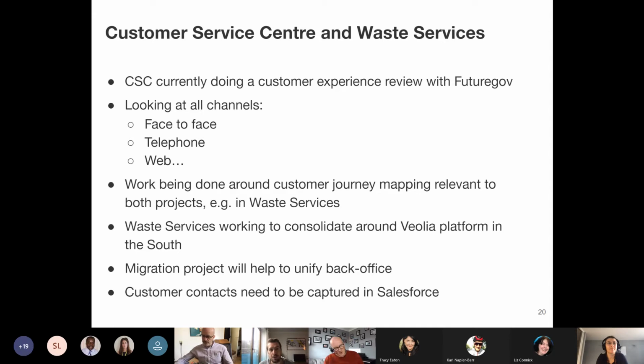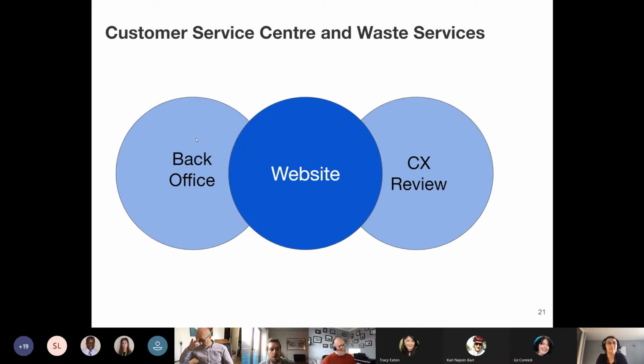Concurrently to that, there's also a project happening within Waste Services to migrate the southern districts onto Veolia, to help to consolidate into a single system. That's going to help to unify their back office. But to do that, there'll also still need to be a record of all the queries captured within the front office system, Salesforce. So if you move on to the next slide, what we see is of these 3 projects,